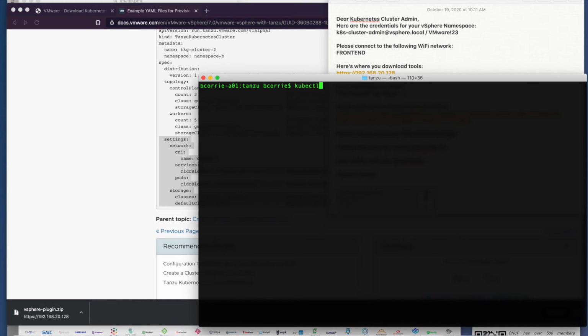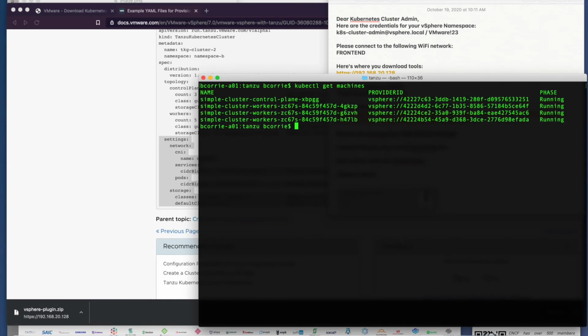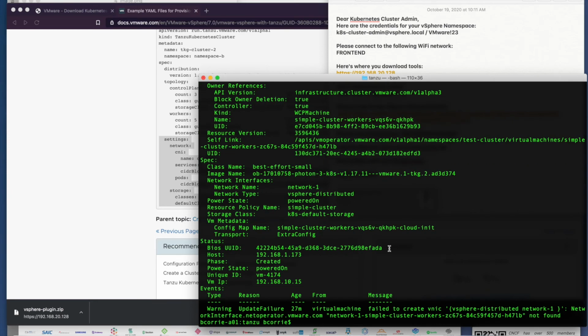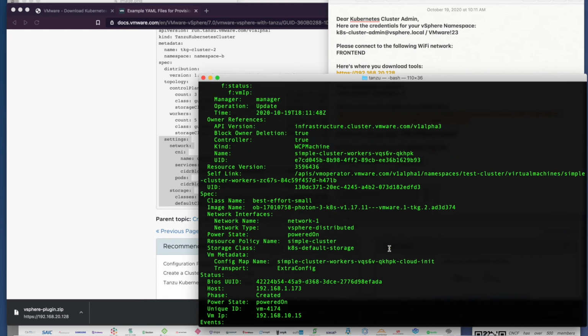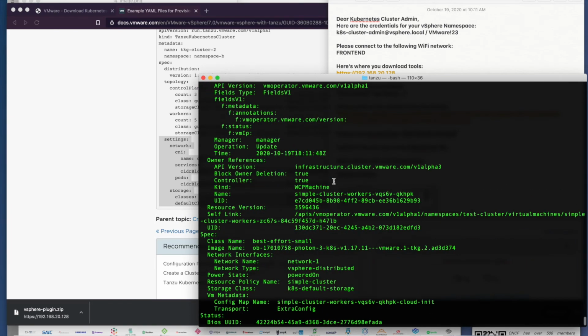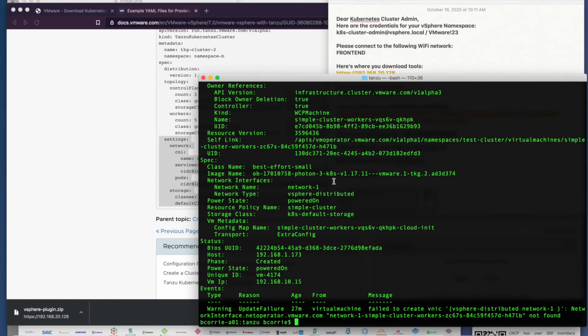So if we do kubectl get machines, you can see the machines. These are Cluster API machines. We can look at virtual machines. These are the actual definitions, the Kubernetes definitions of the virtual machines that were created. So if I describe those, we'll see there's actually quite a bit of information about the virtual machines. You can see the power state, the networks that they're on. It doesn't show you how big they are, but we can have a look at the virtual machine classes to see that. So if I do kubectl describe virtual machine classes,